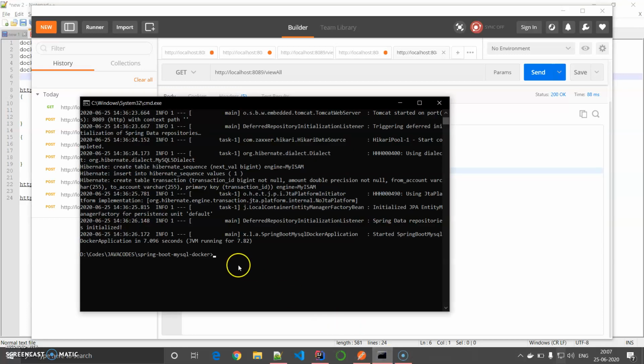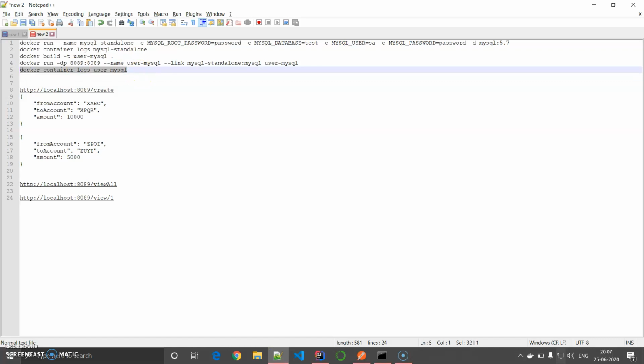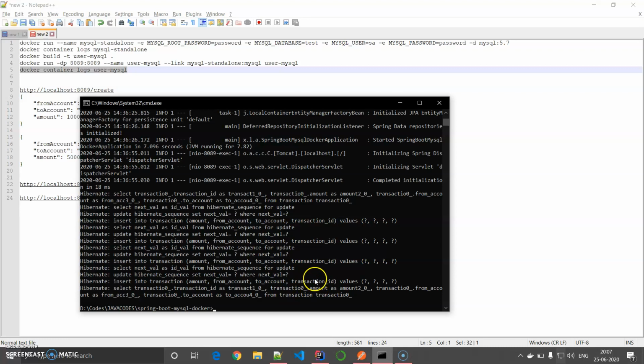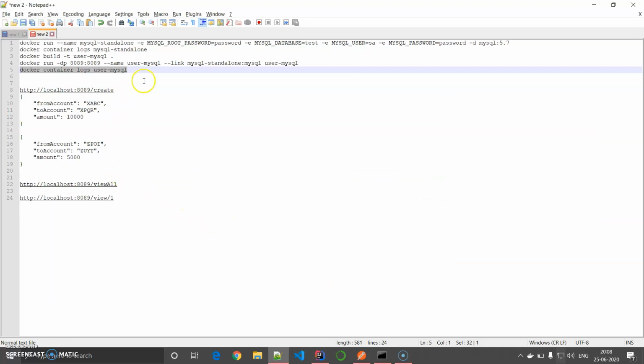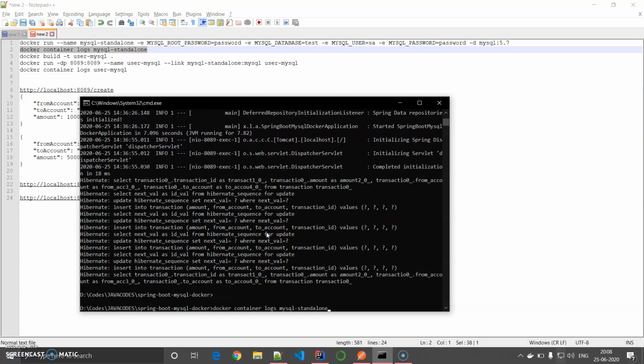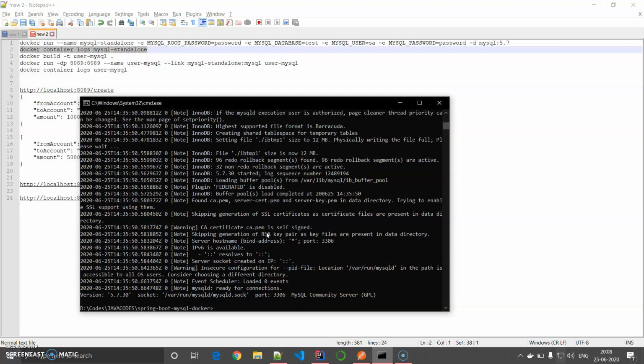And as proof, let's see the logs. In the MySQL, there won't be any prominent logs for this one. Yes, there will be. Here are 4 insertions and 1 view log. Okay, and then let's check the logs for user-mysql, that means the application. We were trying to see the logs of MySQL. In the MySQL, only this particular port it's listening to.